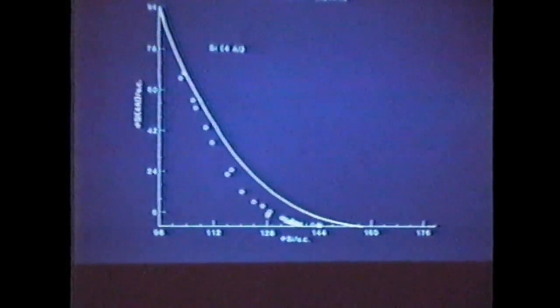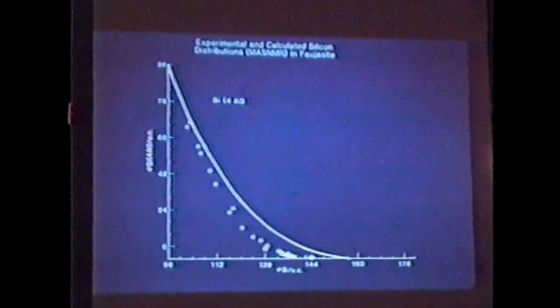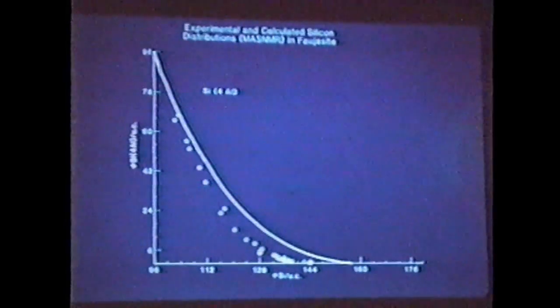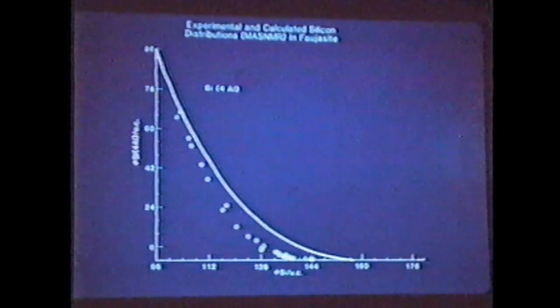It turns out that the silicons attached to 4 aluminums, that kind of silicon decreases in population faster